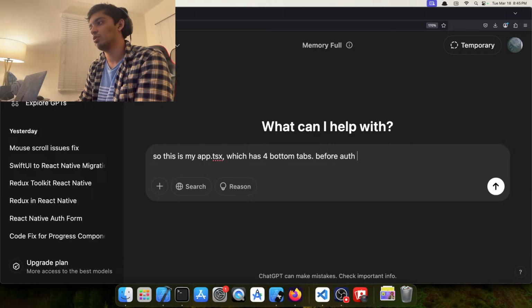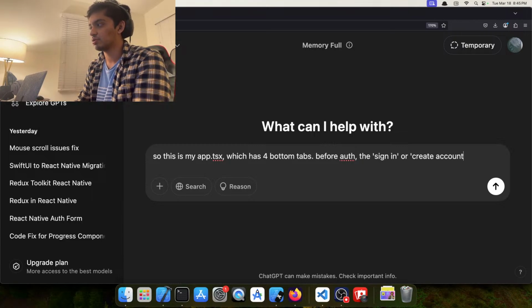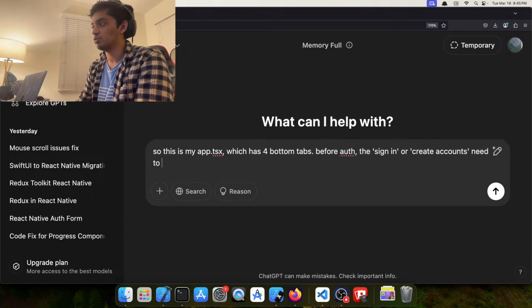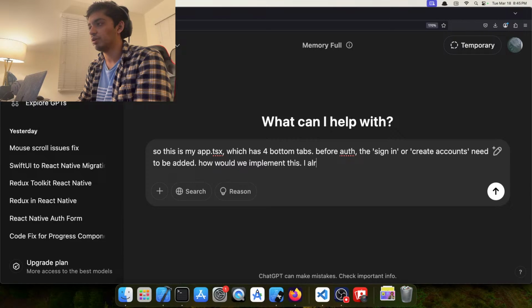Before auth, sign in or create accounts need to be added. How would we implement this? I already have